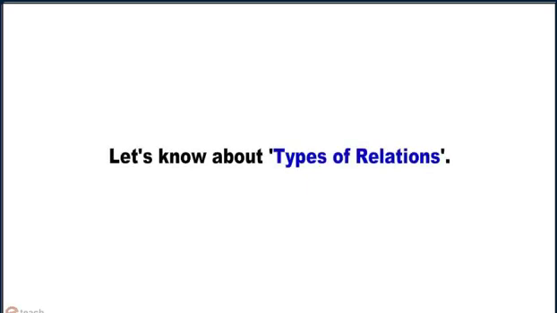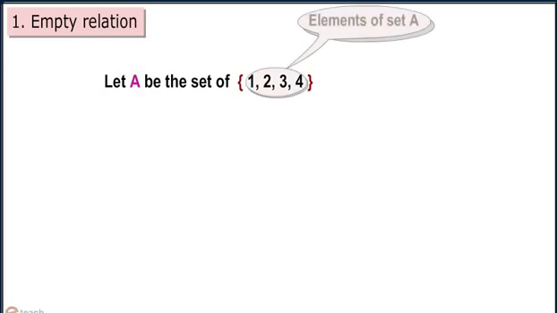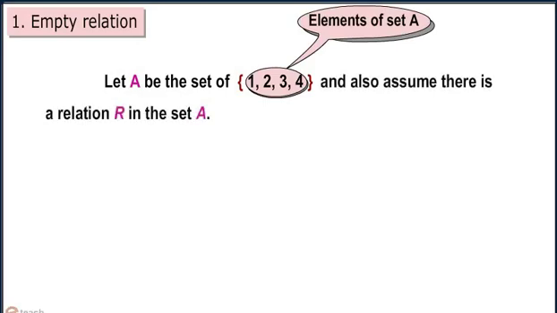Let us know about types of relations. Let us study empty relation. Let A be the set of elements 1, 2, 3 and 4, and also assume there is a relation R